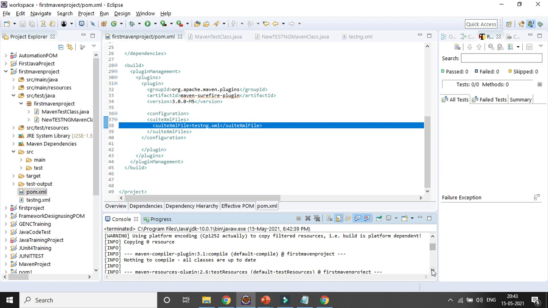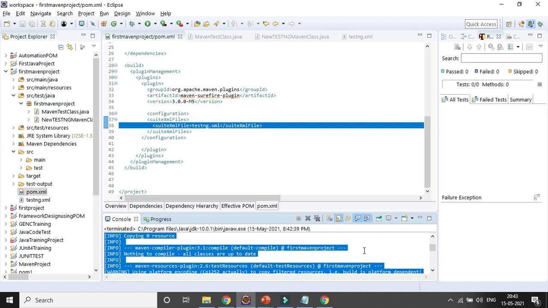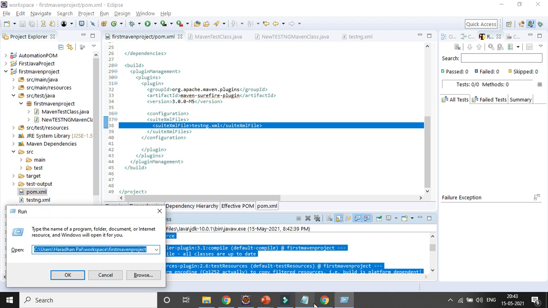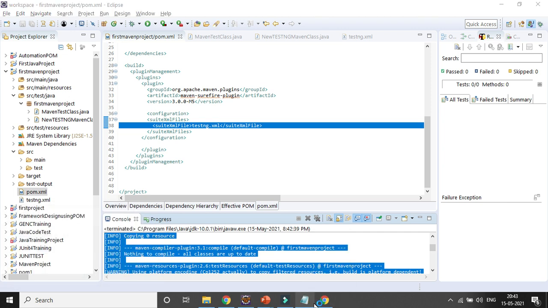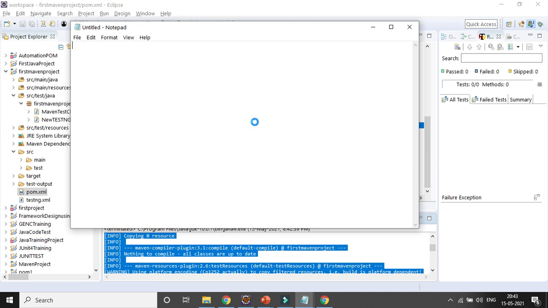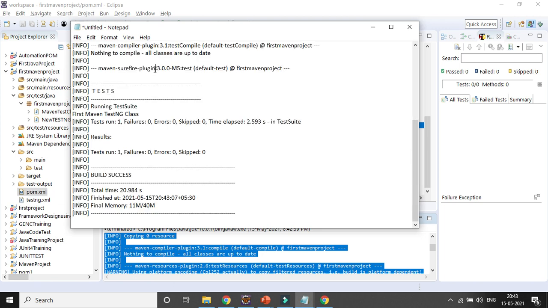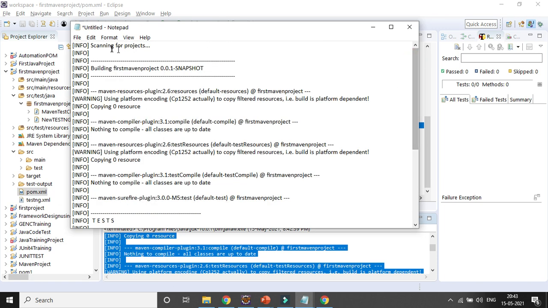How can you verify? Maybe you can copy and paste it in some notepad. You can get the detailed result here, right? So everything you can see from here, how it started scanning the project, it is creating some snapshot, right?